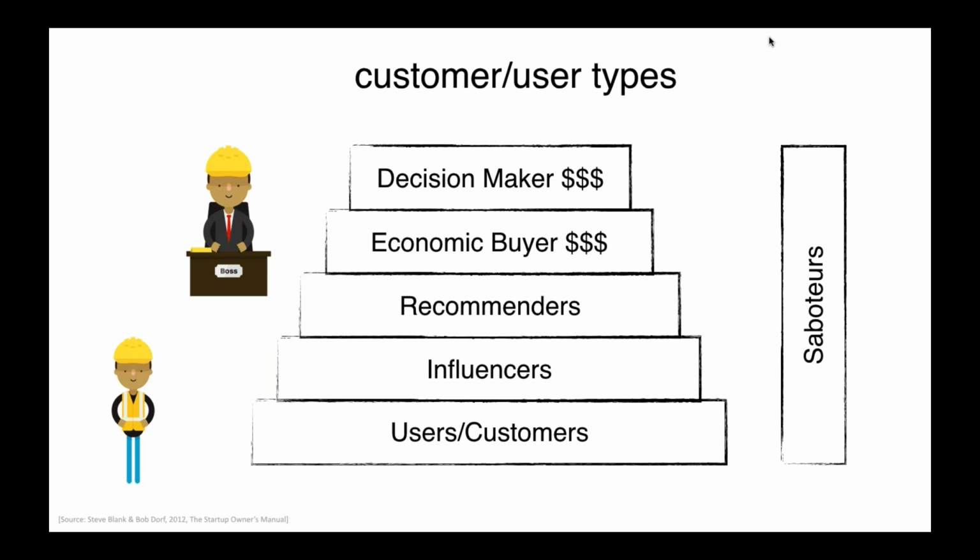So typically, let's take Nintendo or Sony or Microsoft selling their game consoles. They don't actually sell to families, and they probably don't sell to kids, maybe to young adults who have the money. But if they sell to young kids, they're probably selling to different user and customer types in a family. So for game consoles, very clear, the user is always the dad, the influencer are the kids, the economic buyer,